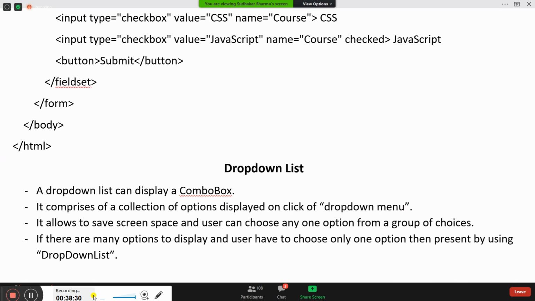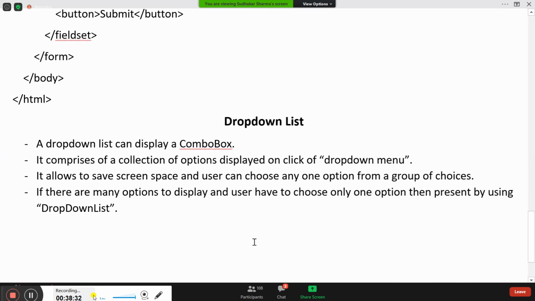That is the key point. You have to present by using a drop down list, and for that we need the tags